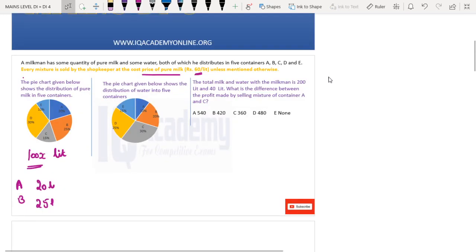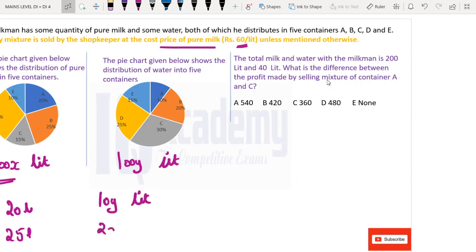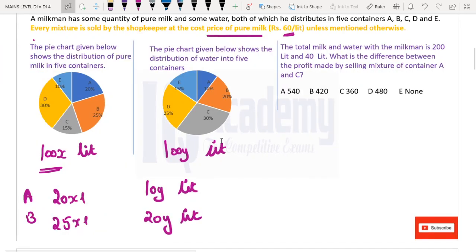The second chart shows the distribution of water into 5 containers. In case he has 100y liters of water, because we don't know how much quantity of water he has with him, in A he will be having 10y liters of water. In B he will be having 20y liters of water. So from this, what we can understand is,